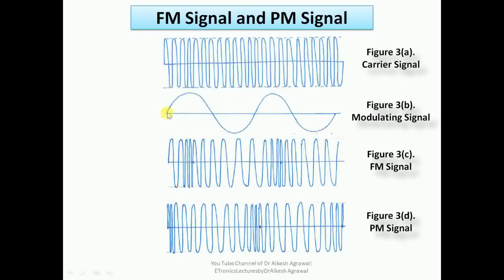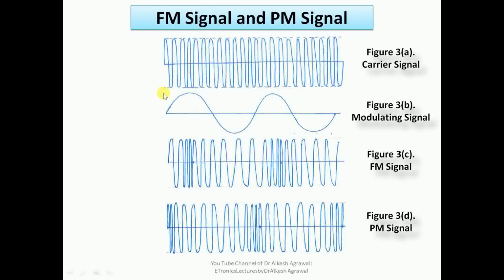So we see when the amplitude is increasing, this waveform is denser here where the amplitude of the message signal is maximum. At that time instant the frequency is maximum, and as the amplitude goes down, here we have the least amplitude, we have the rarer portion of this signal. Again, when the amplitude increases, the frequency gets denser and denser.